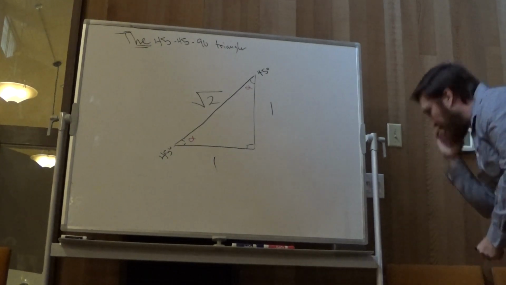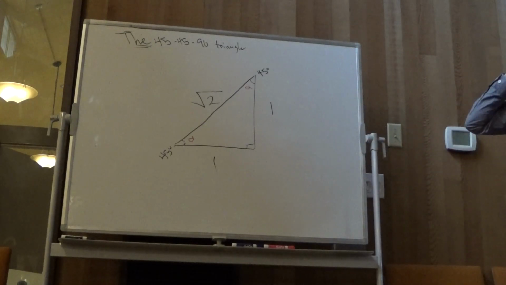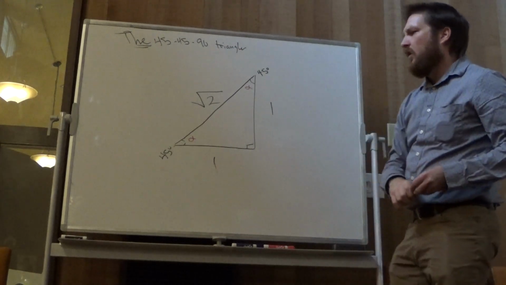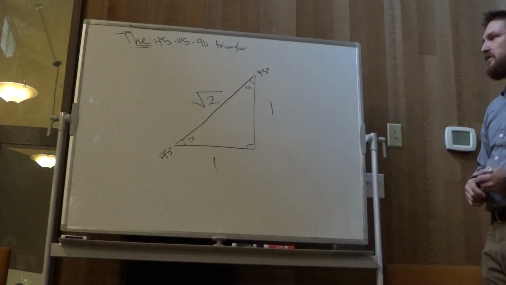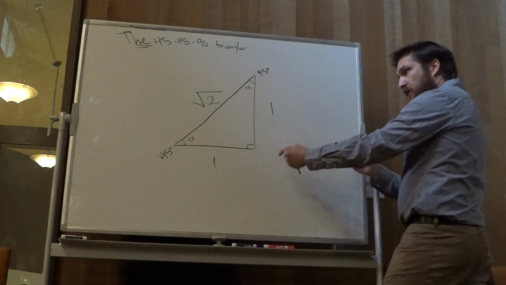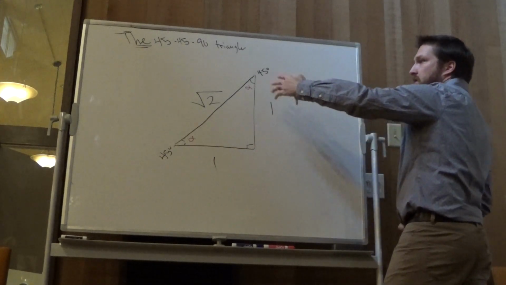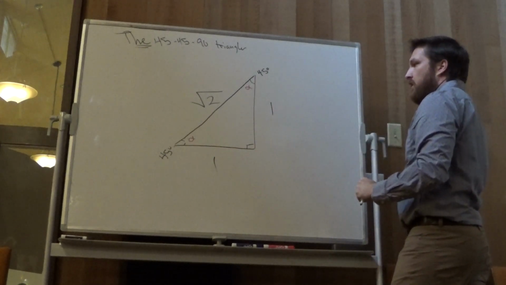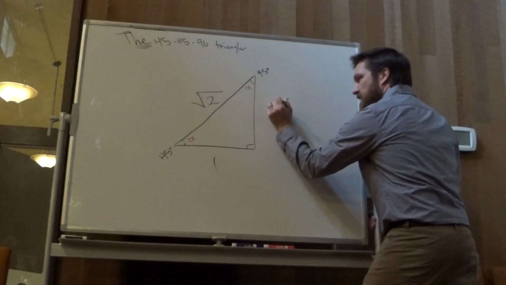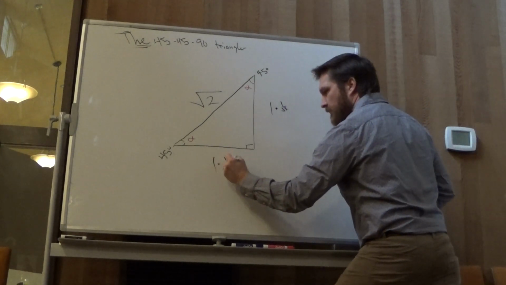Okay. So, to kind of show you what I mean, this is what I call the 45, 45, 90 triangle. Are there other triangles that have 45, 45, 90? Well, yeah, like we just talked about. If you take this and multiply everything by some constant amount, like, I don't know, how about 1 over the square root of 2? So if I take this and multiply everybody by 1 over the square root of 2,